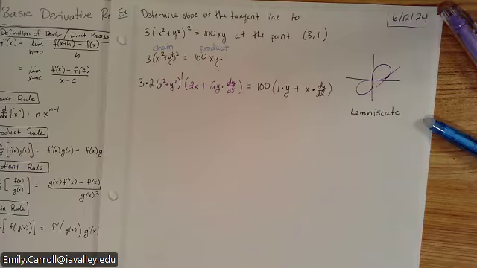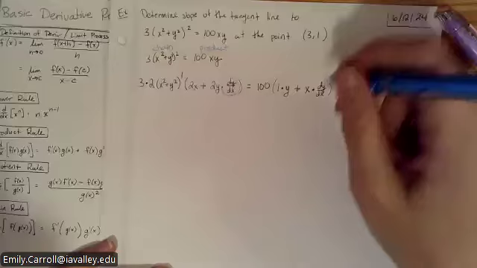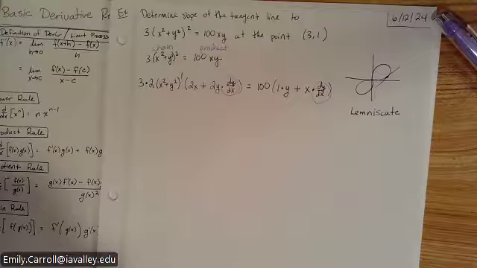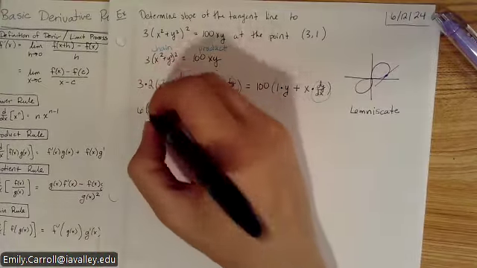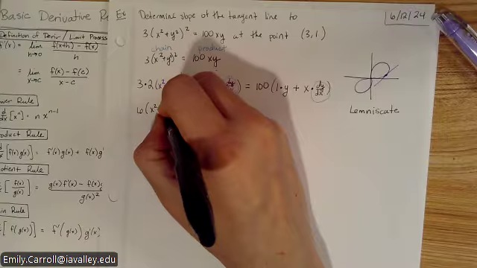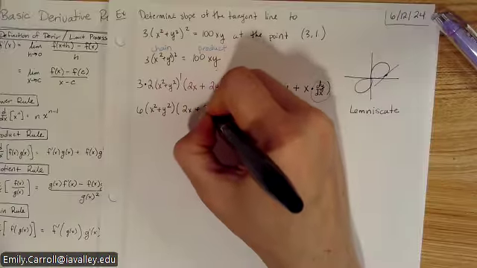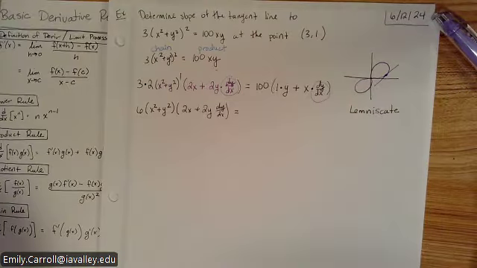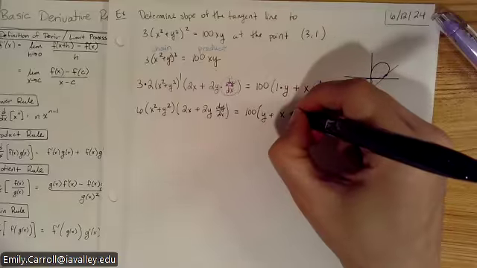Okay, so there it is with the derivative taken on both sides. At this point, what I need to do is get the dy dx alone. So I need to solve this for dy dx. And that's going to get a little bit ugly. So this is a 6x squared plus y squared, and then 2x plus 2y dy dx equals, and then over here I'll write 100 y plus x